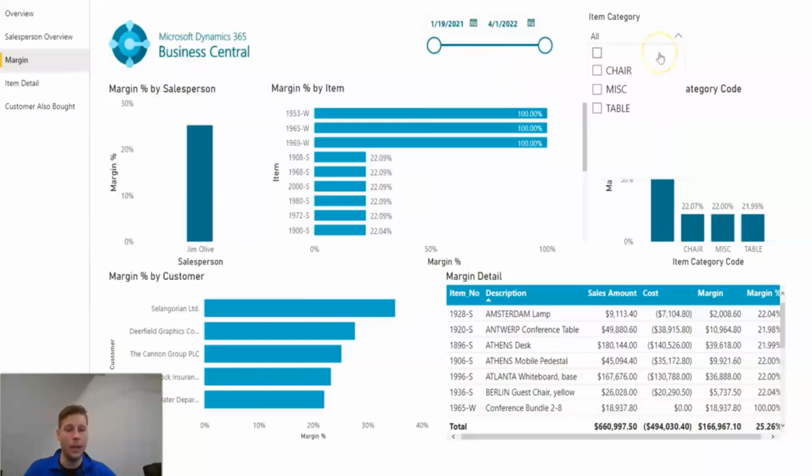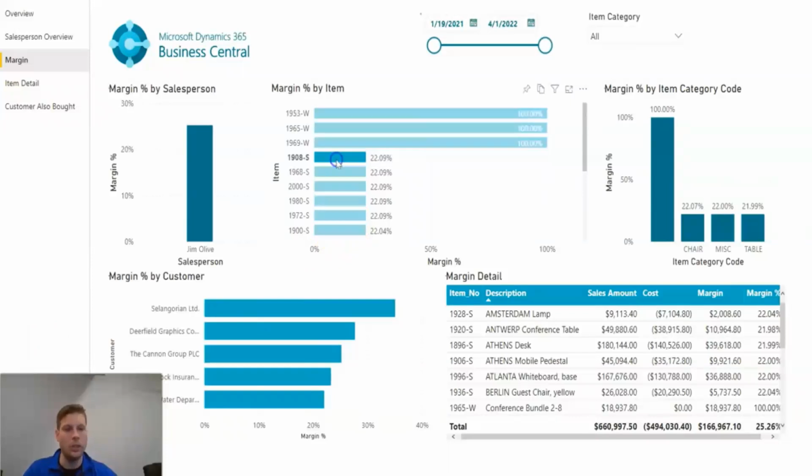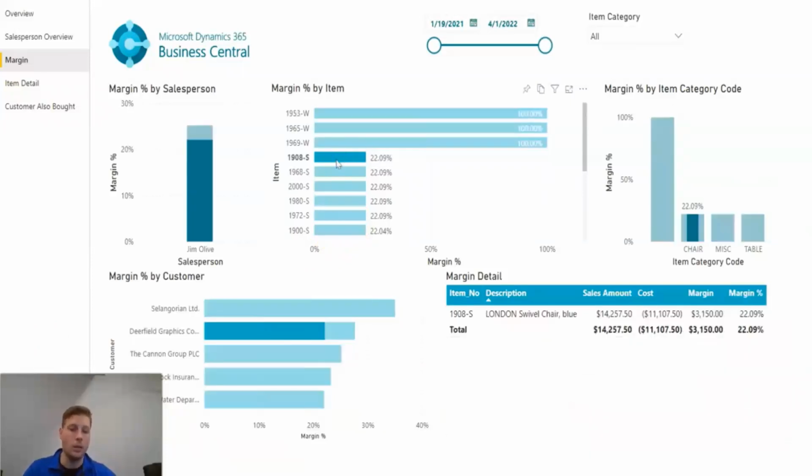This is an office furniture manufacturer, so of course we have chair, miscellaneous, and table. Then we have some views for margin percentage and individual views by salesperson, item category code, and the customer. By clicking on any of these, it will update the margin detail in the bottom right corner, which offers a little more insight on the items sold, the sales themselves, the cost to the company, and